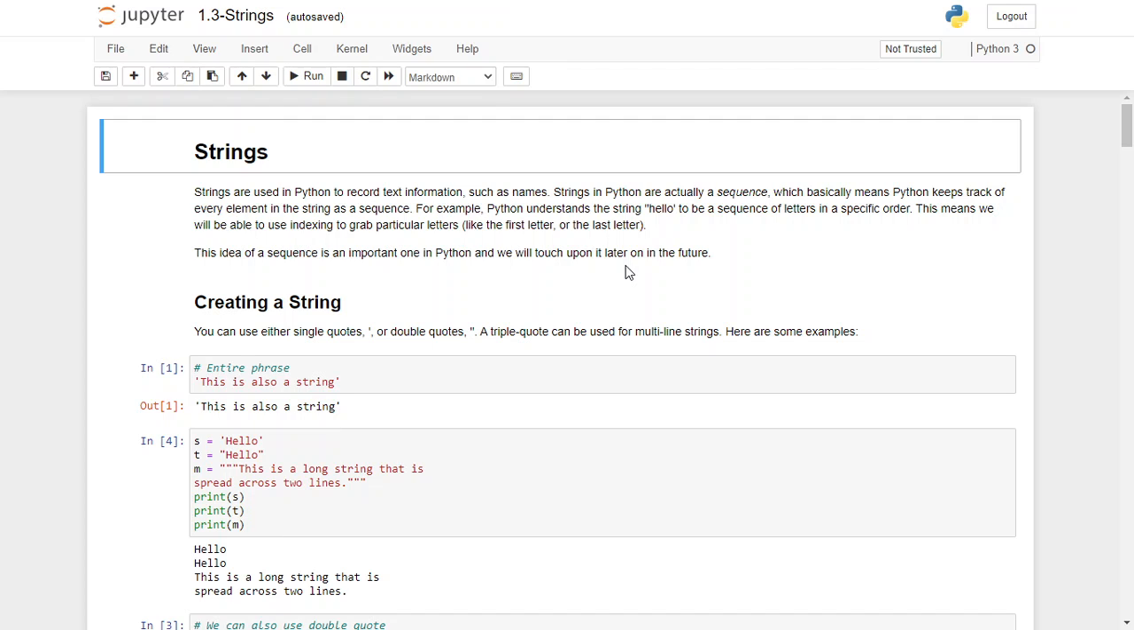In Python, a string is treated as a sequence, which means that Python actually keeps track of every single character in a string as a sequence. For example, Python understands the string hello as a sequence of letters like H, followed by E, L, L, O. With that idea, we can do some interesting operations later. But let's first start to create